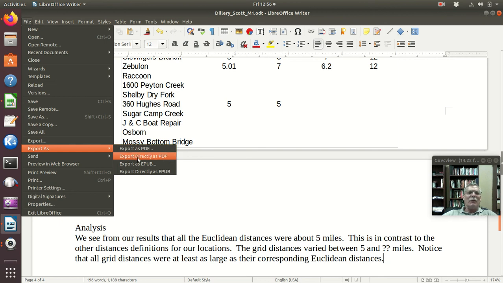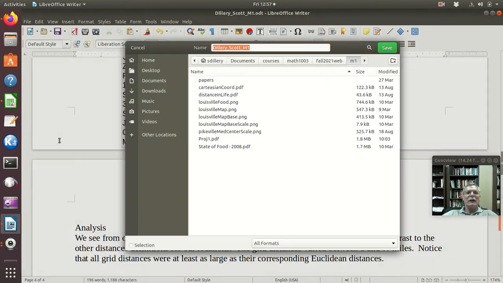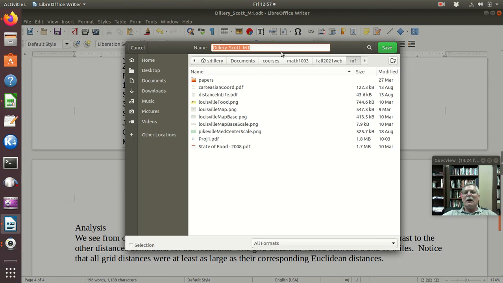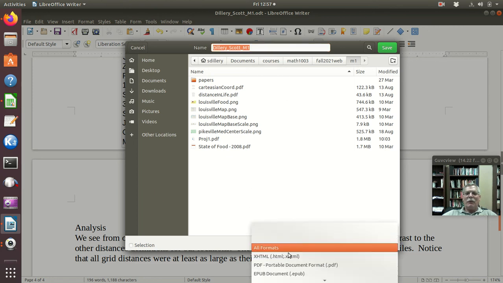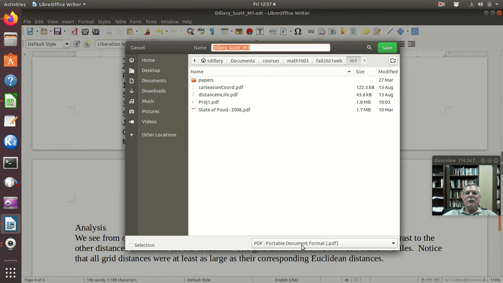I think if I do directly as PDF, it doesn't ask me if I want to rename it or anything like that. So that's probably what I would do. Now, if I clicked on Export here, on mine it says all formats and I can choose, and there's a PDF. And so I would just pick PDF, and there's the name, and I would save, and that's how I make the PDF document.